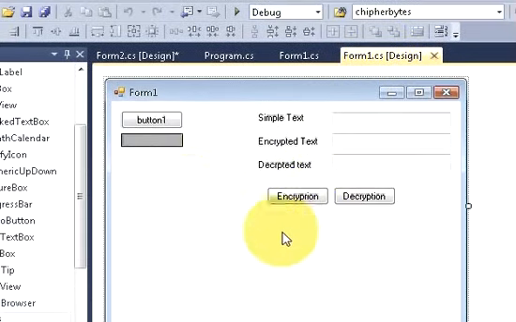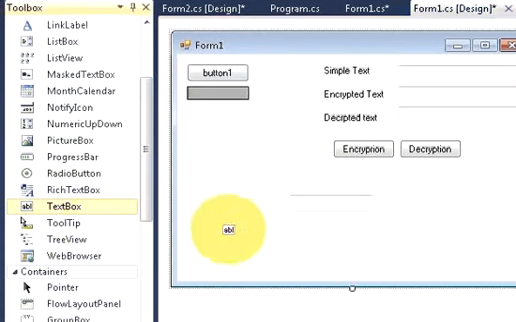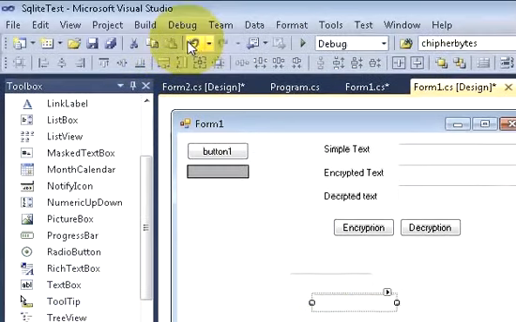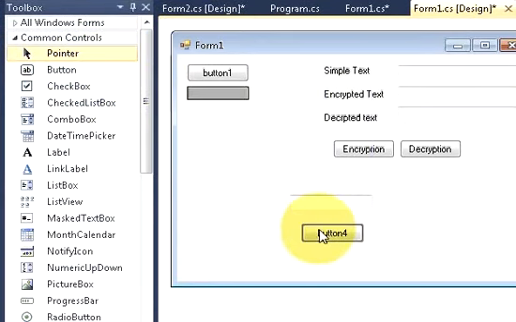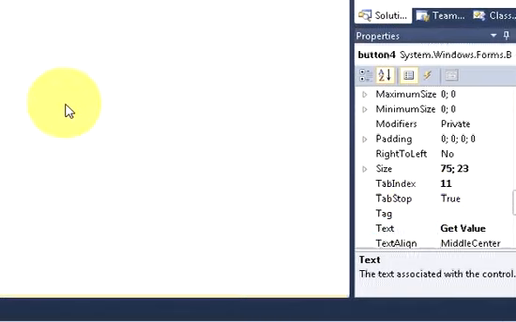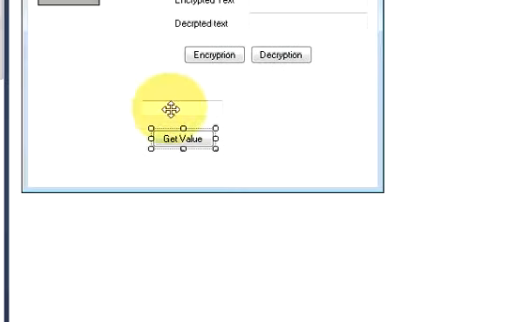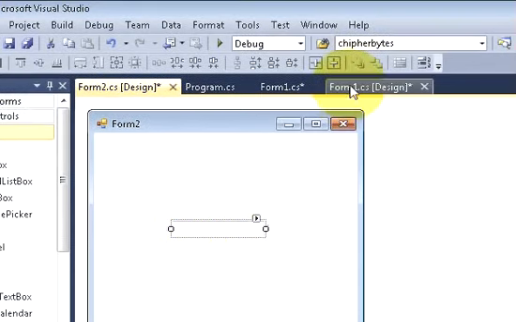And in the first form I will take a text box once again, and I will take a button, and I will change its text to Get Value. So when I press this Get Value button, I should get the values which I enter